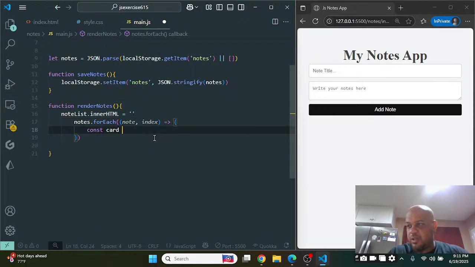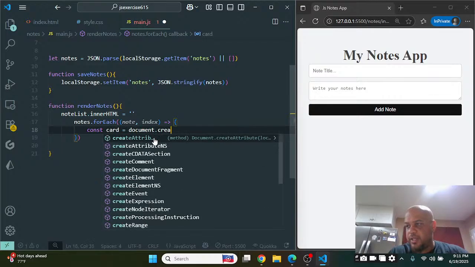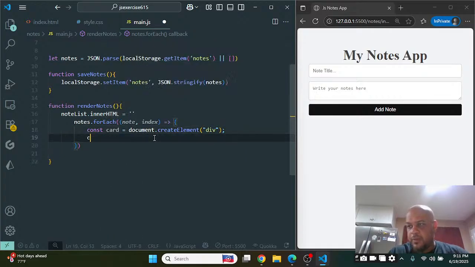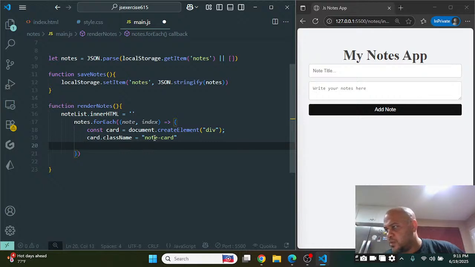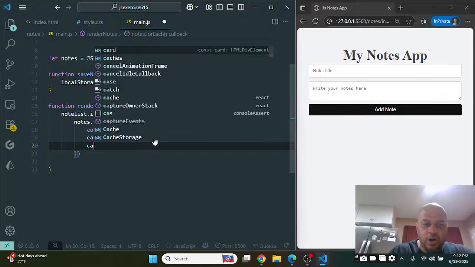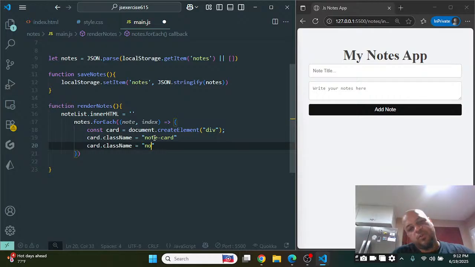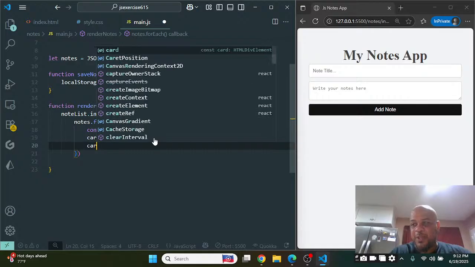Const card is equal to document.createElement. card.className is equal to note-card. And then for each card, we're going to give it a class name of, sorry, we already gave it a class name. We want to create it, so we'll say